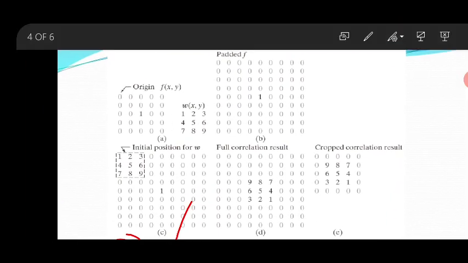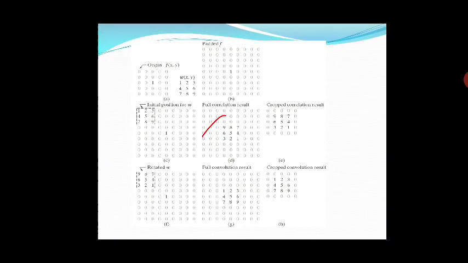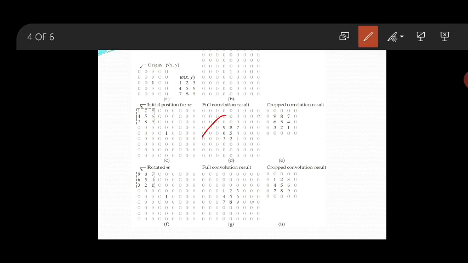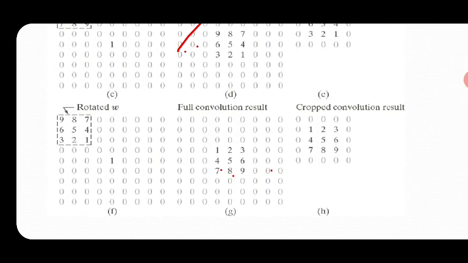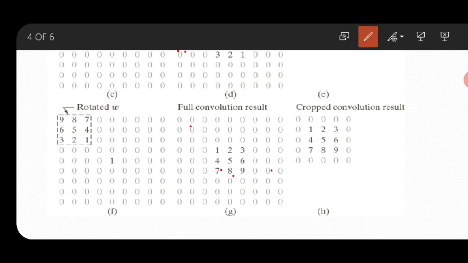This is the center pixel. Now the center pixel value will be 0, and 0 will be replaced. Similarly, this is also 0. You scan it for the full image. This is an example shown with W slid onto the image. Now this is also 0, 0, 0, 0, 0. When you come to the point where there is a 1,